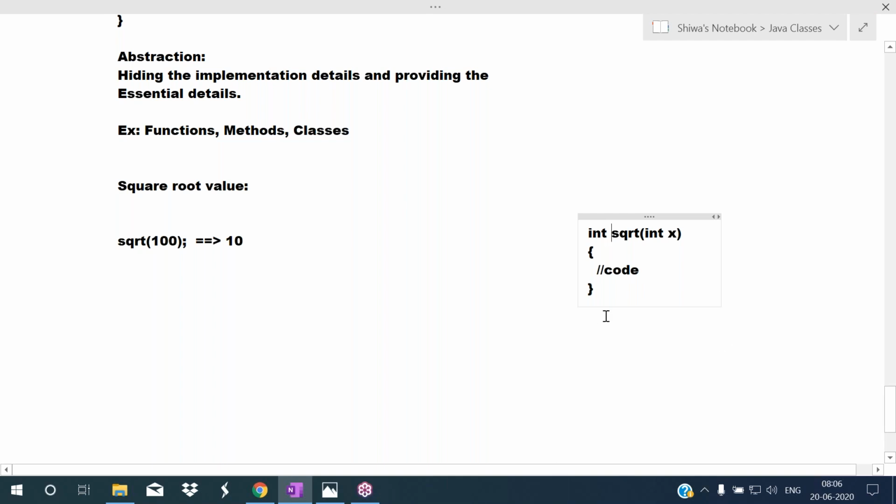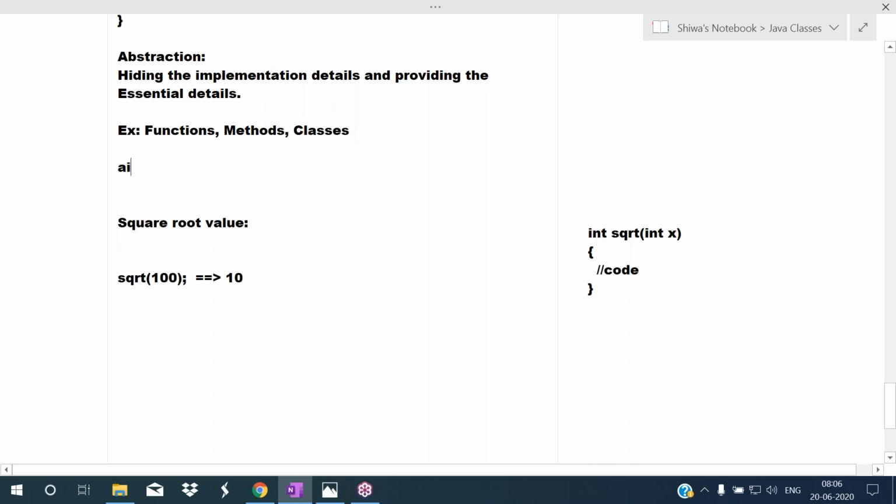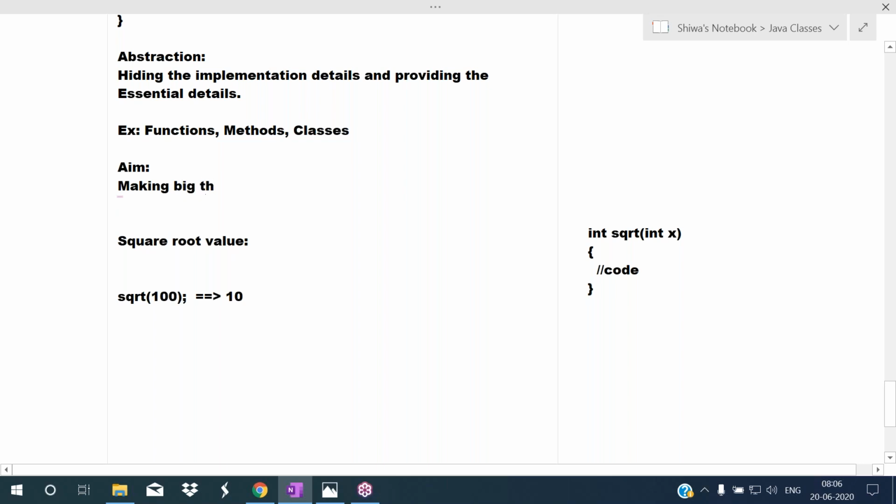Hiding the implementation details and providing the essential details is nothing but abstraction. So the main aim of abstraction is making a big thing into a small thing.